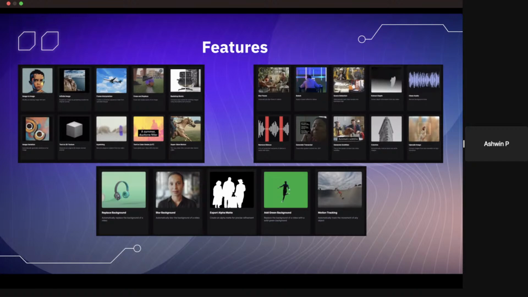Yeah, so this is another website, and it's called Codiga. It's basically an extension that you can add to any IDE, and it gives you code analysis in real time. So it's a great AI tool for all you coders. And yeah, there are four main features that Codiga really covers.